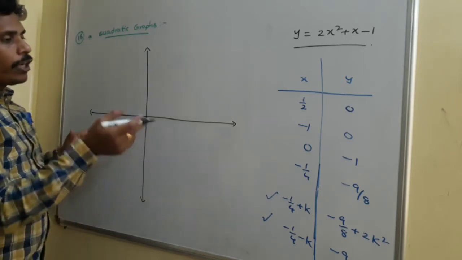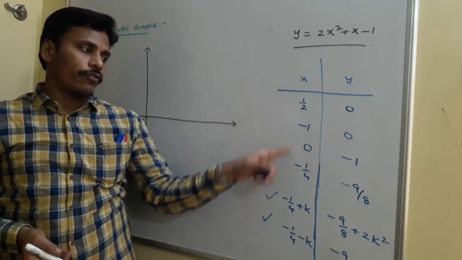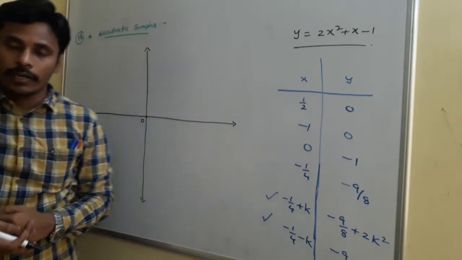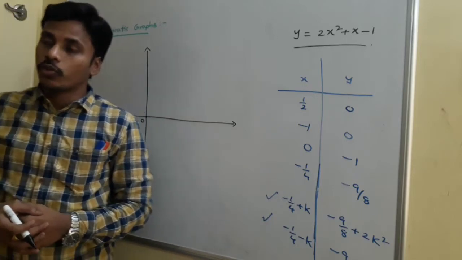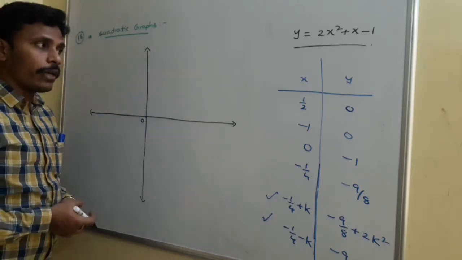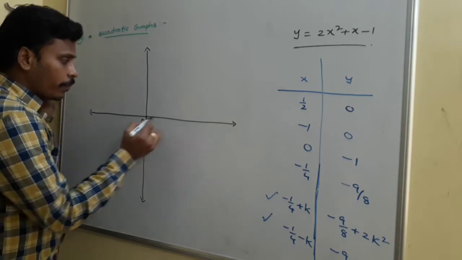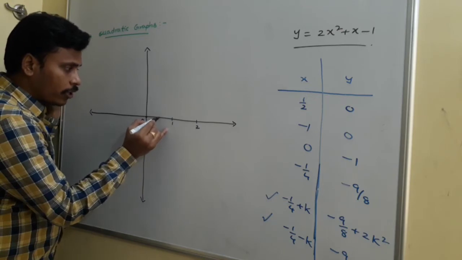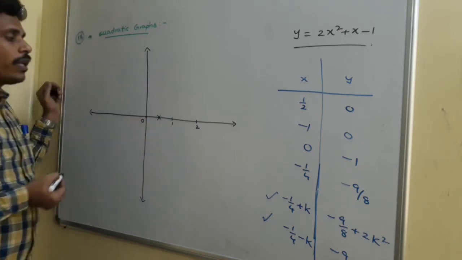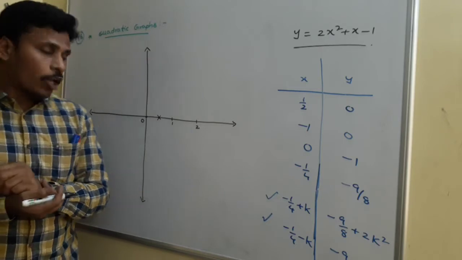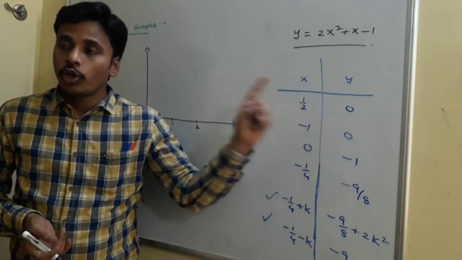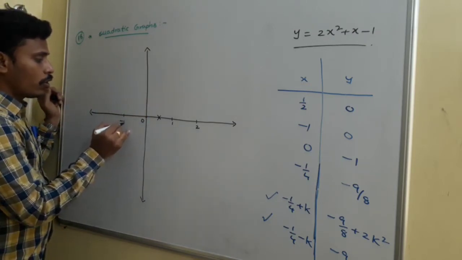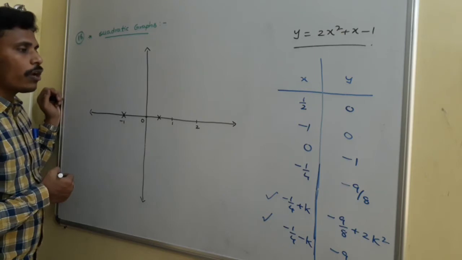To draw the graph we need to locate all these points, initially the first four. At x is 1 by 2, y is 0. I think you have a little bit of knowledge related to this coordinate system. If you mark it as 1, take it as 2, like that, x is 1 by 2 and y is 0. Since y is 0, the point surely lies on the x-axis. Make a note that whenever y is 0, the point surely lies on the x-axis, and y is 0 at x equals minus 1 also. So this is also a point which lies on the x-axis.